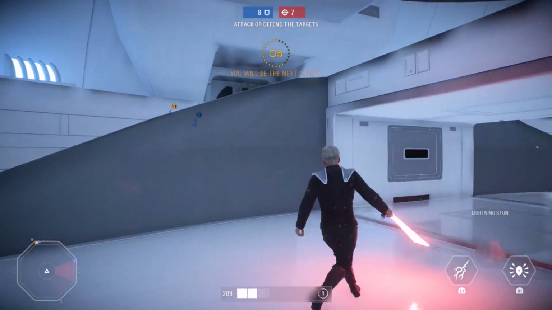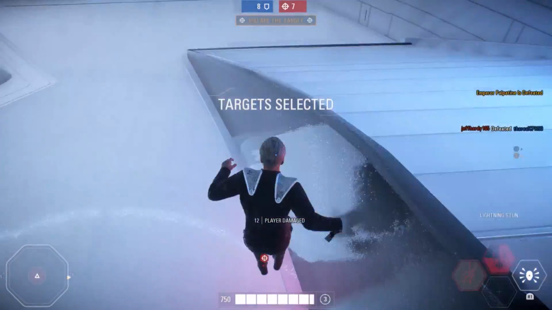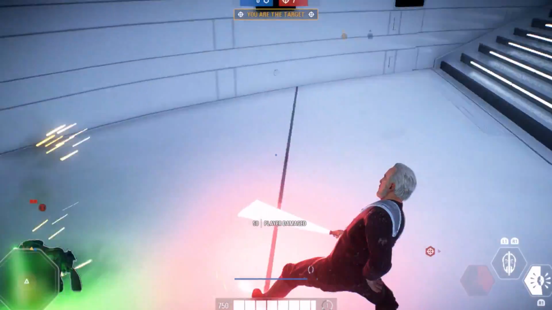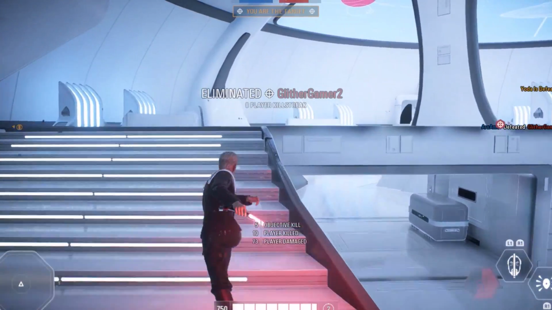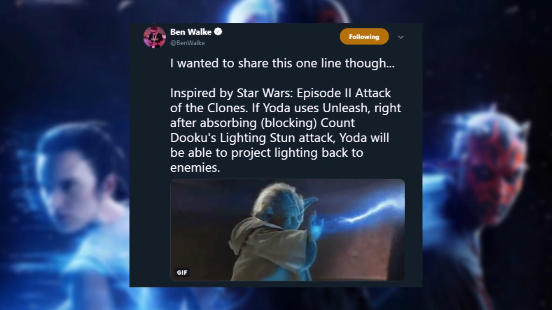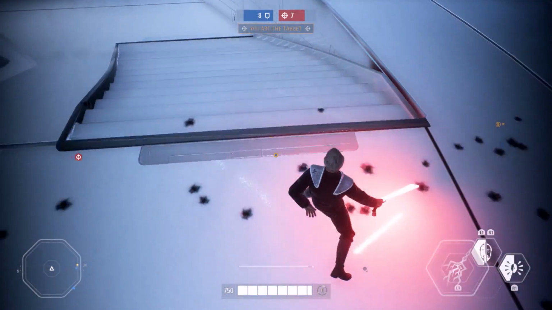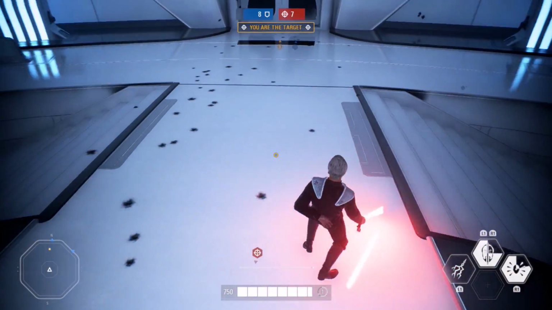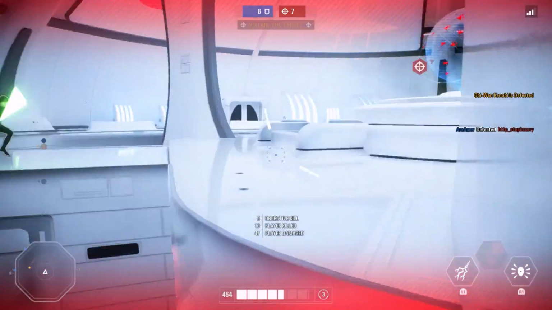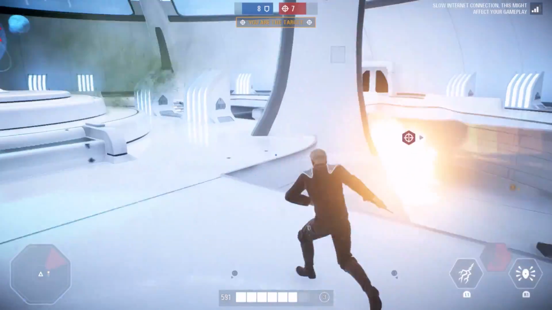Our last bit of news today is a cool visual change coming to Yoda's Unleash ability in the Chosen One update. Just like in Episode 2, when Yoda faced off against Dooku on Geonosis, if Yoda absorbs Dooku's lightning stun, then unleashes it back out, Yoda will now actually unleash the lightning itself. This sounds really cool honestly, and I'm sure it's just a visual change without changing the ability's function. No word on if this happens with Palpatine, but I would honestly doubt it since that didn't happen in the movies. Palpatine's lightning was on another level compared to Dooku's, so it was probably all Yoda could do just to absorb it. It works a little differently in Battlefront 2, but we'll see if it works with Palpatine or not